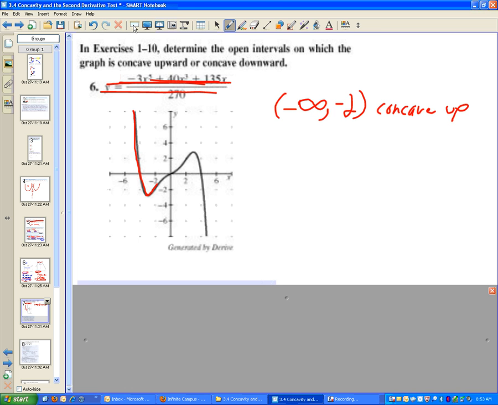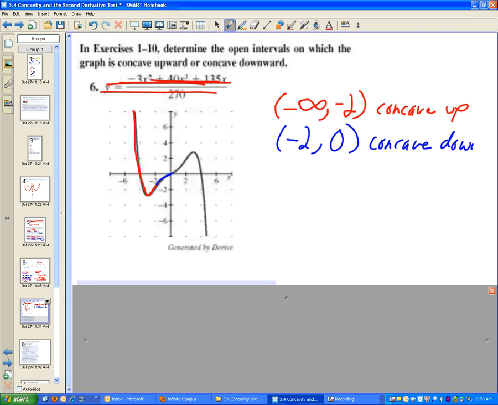Then, starting at negative 2, our graph is concave down to about 0. So look, it's increasing, but the concavity is downward, isn't it? Okay? Concave up doesn't mean increasing. Concave down doesn't mean decreasing. Okay? But why do I know it's concave down there in the blue part? Because if I drew a tangent line, wouldn't the graph be below the tangent line? That's concave down. Okay? So, from negative 2 to 0,